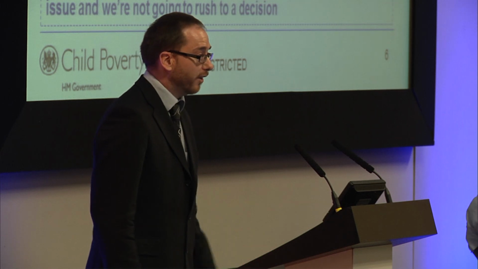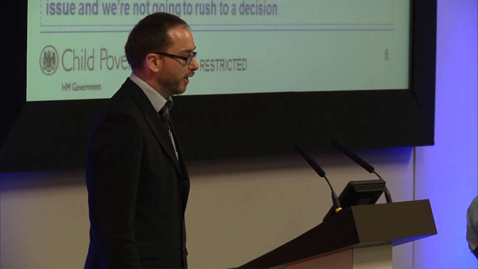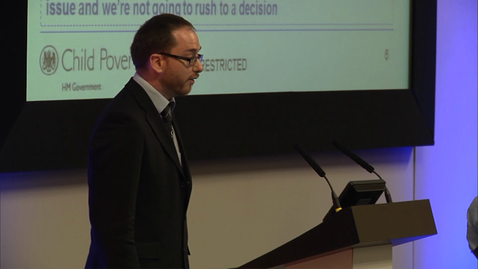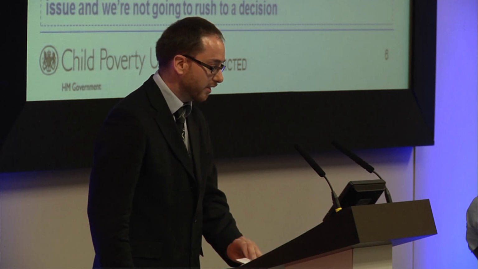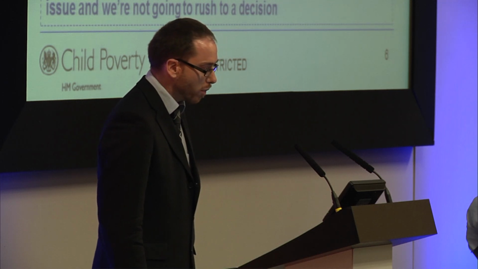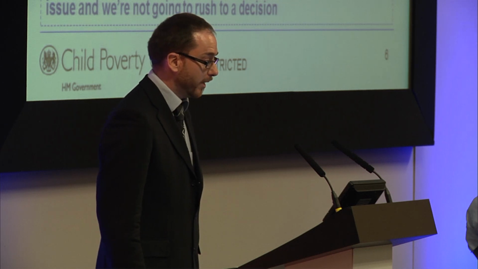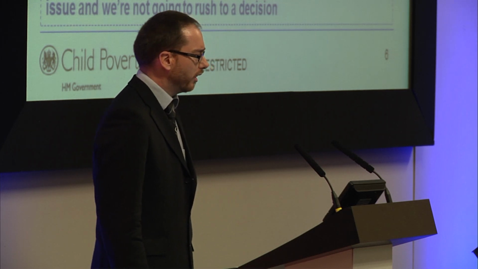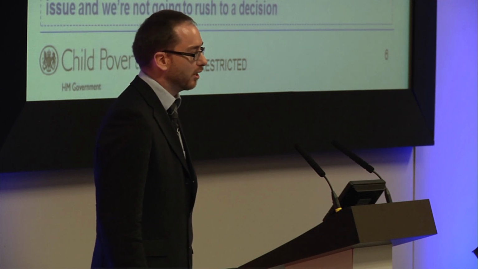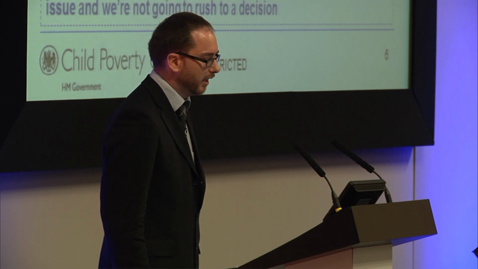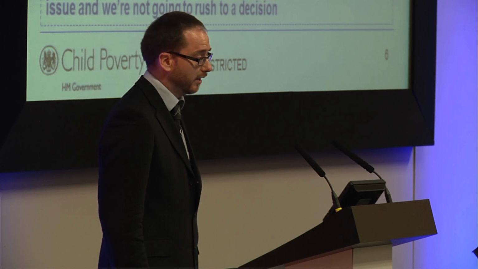So what have we identified in terms of responses? Well, obviously, there's no perfect measure in this sphere. Different measures are suitable for different purposes. And there was very much support for the measures in the Child Poverty Act. There was support, though, for developing our understanding of poverty beyond these measures. There's also quite a lot of concern about conflating causes, consequences, and definitions of poverty. And my next two slides will try to unpick some of that.